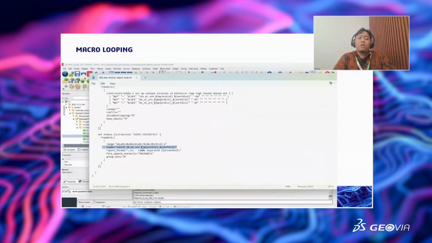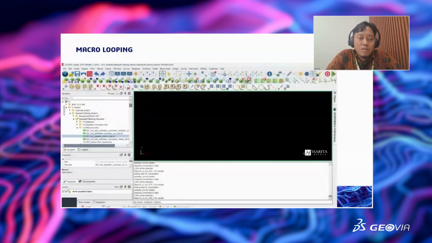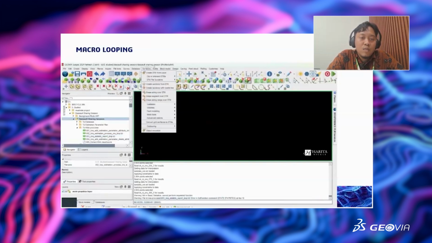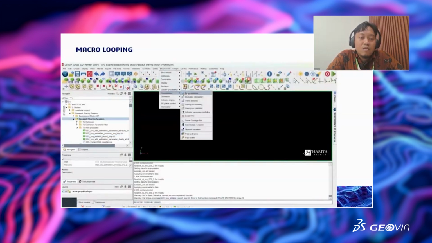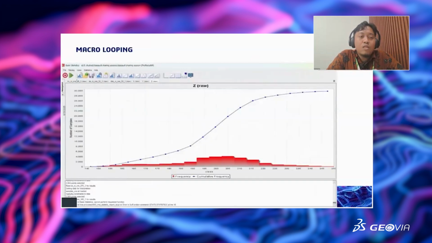So it will produce the statistic of our parameter of my kriging point. But for the statistic, it cannot be made drag and drop such as the other macro, because this is a special statistic, because we will put on the statistic here.